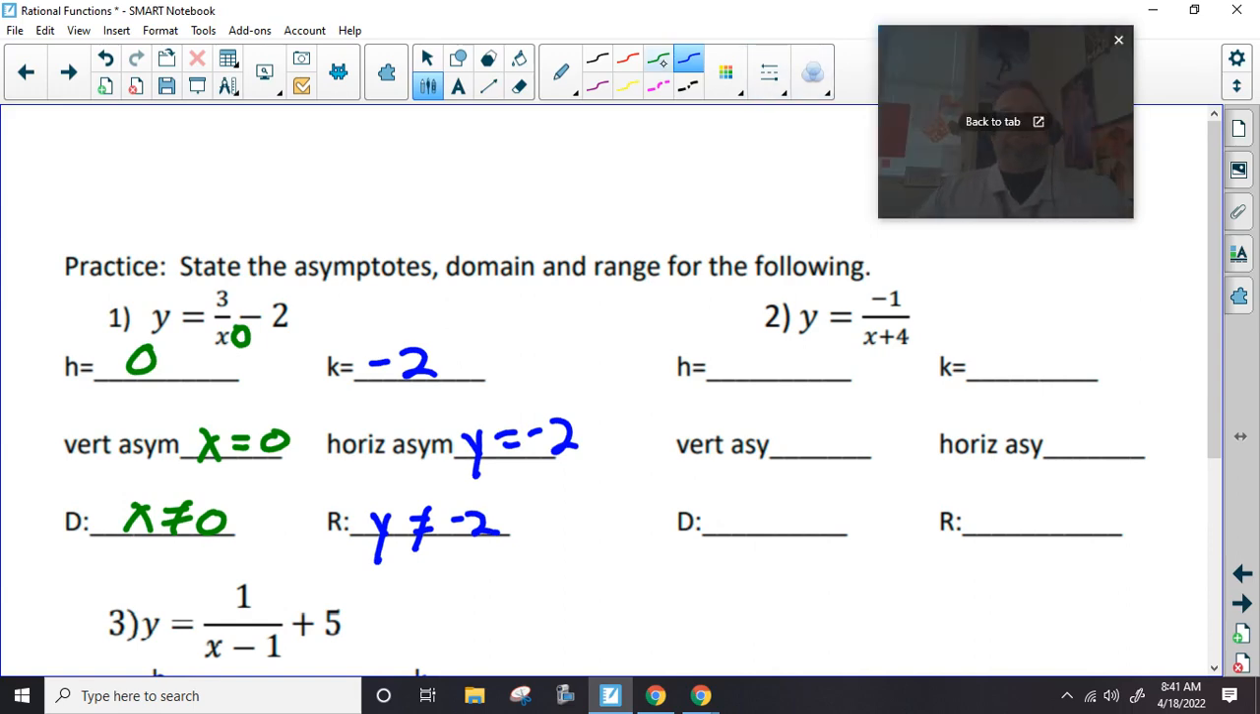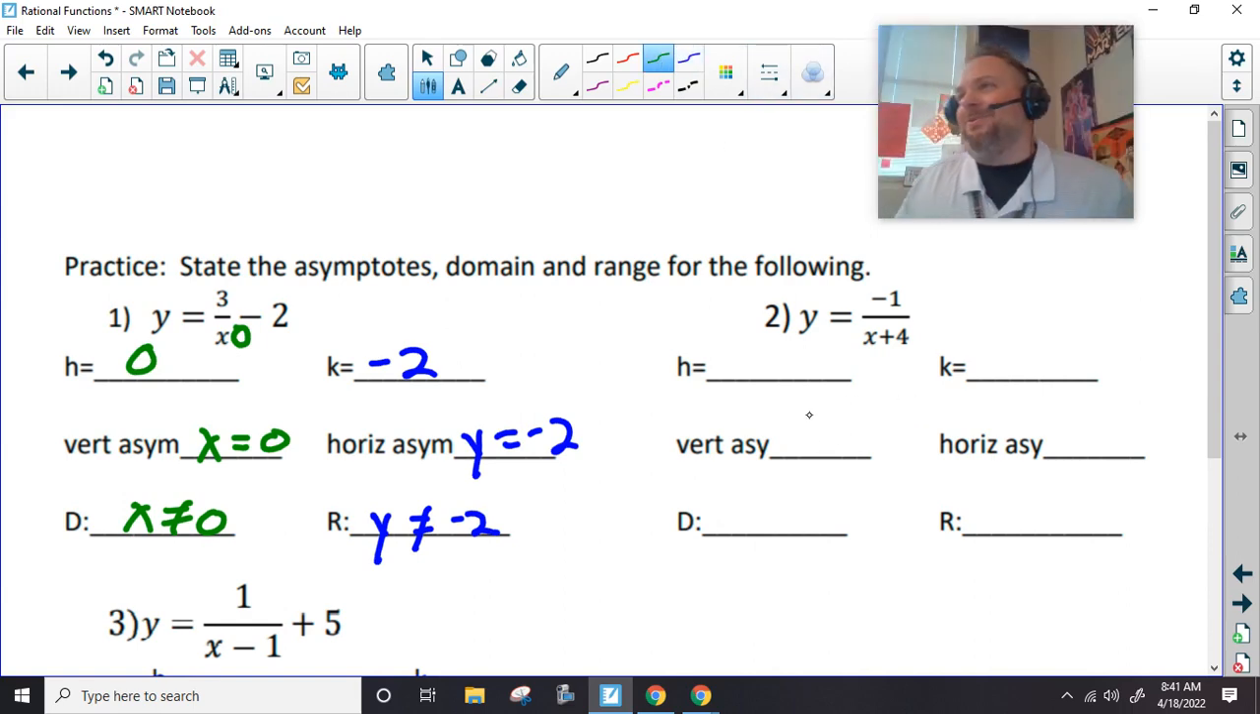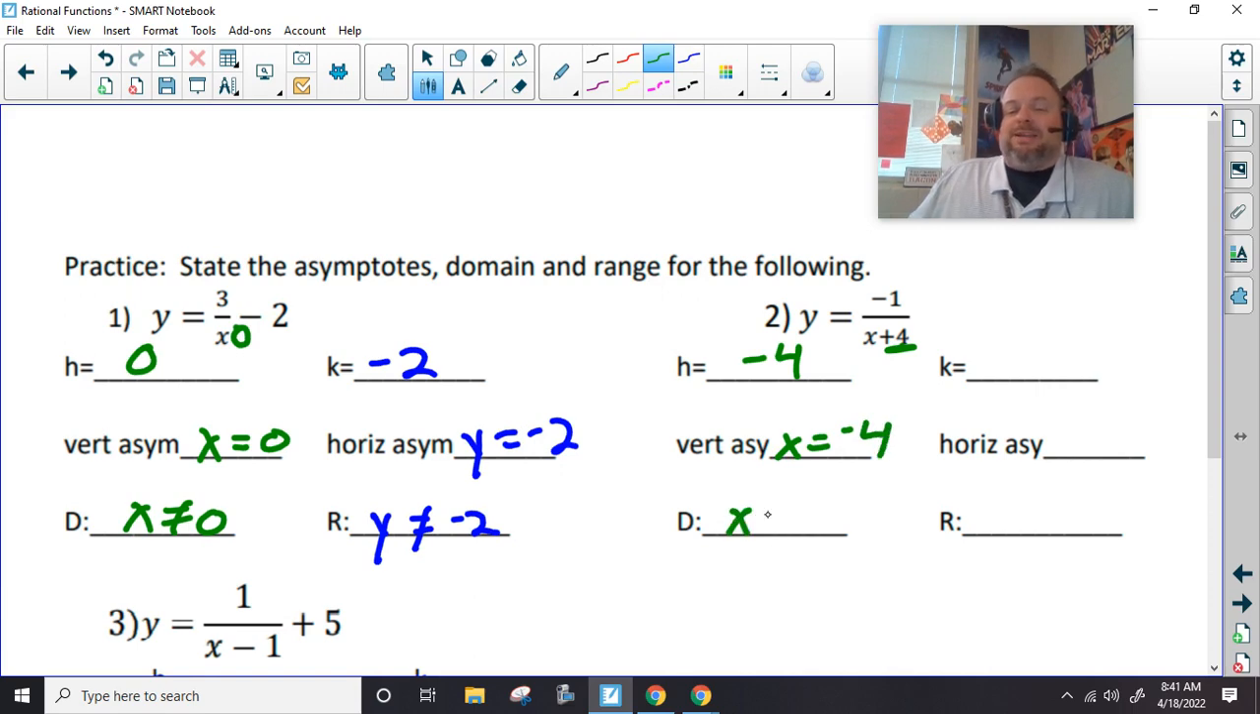Okay, so moving on to number 2. Our h value is opposite of this. So what's the opposite of +4? Bam. So our vertical asymptote is x equals -4. Our domain is x not equal to,